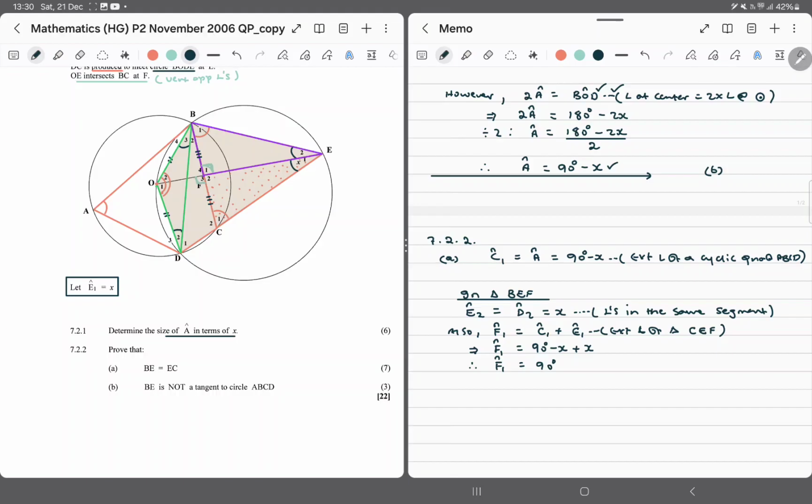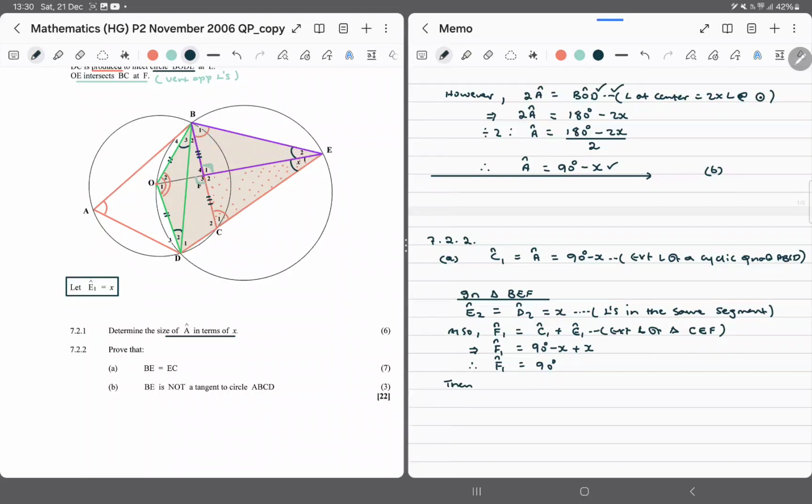Now, let's leave that alone. But you can see there's so much we can say, guys. There's so much we can create. But let's leave it for now and just answer the question. Now, F1 is 90 degrees. We can simply say then,